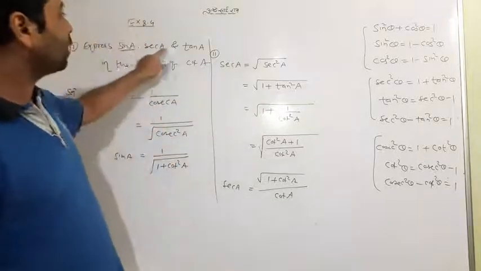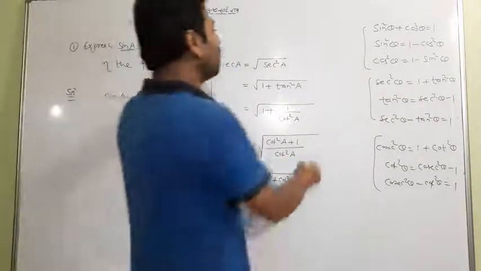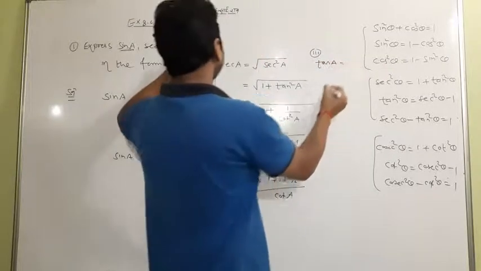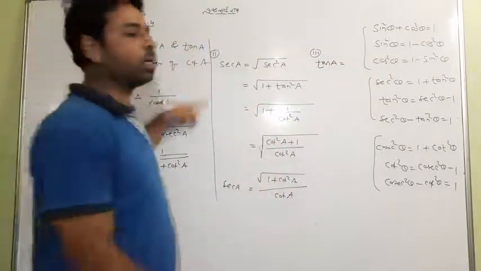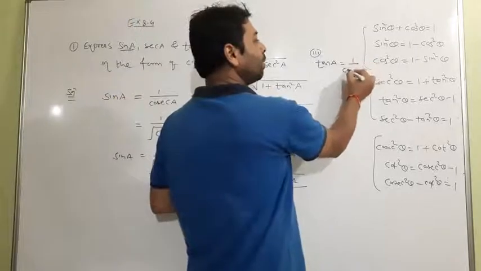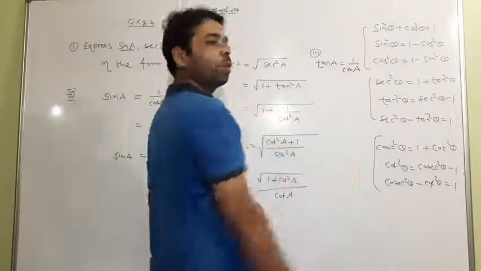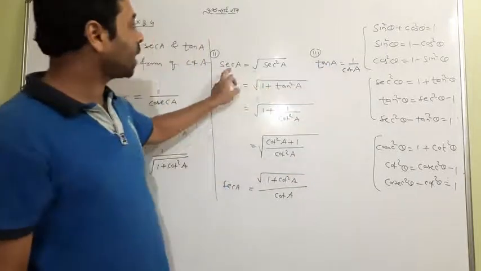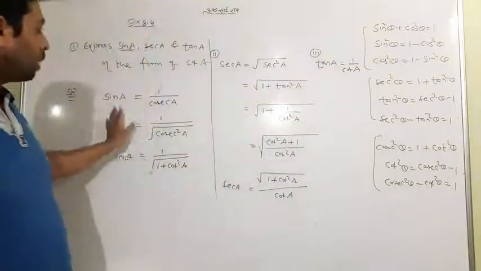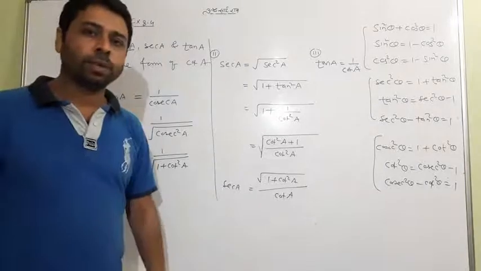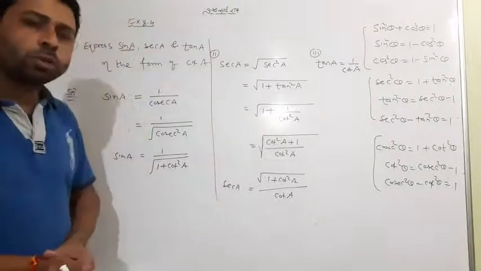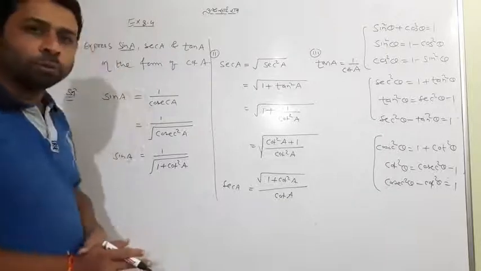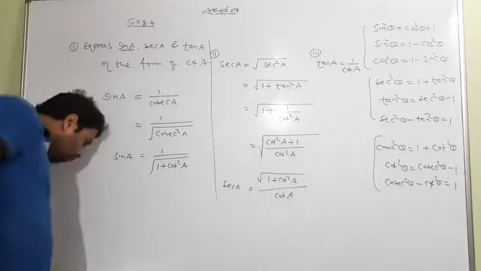And lastly is the funniest, tan A. Tan A, the third one, is actually the funniest. We want to convert tan A into the form of cot. So very simple, it is only 1 by cot A, because tan is the reciprocal of cot, and that's the answer. So tan A in the form of cot, sec A in the form of cot, and sin A in the form of cot. That's final. I even told you the same example yesterday. It will definitely help you to do this question. Okay.